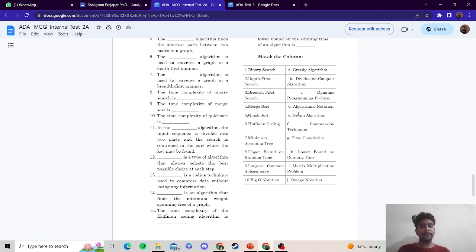Quick sort will be with divide and conquer algorithm. Huffman coding will be with the greedy algorithm and compression technique also. And minimum spanning tree will go with greedy algorithm. Upper bound on running time will go with time complexity. Longest common subsequence will go with dynamic programming problem, and big O notation will go with